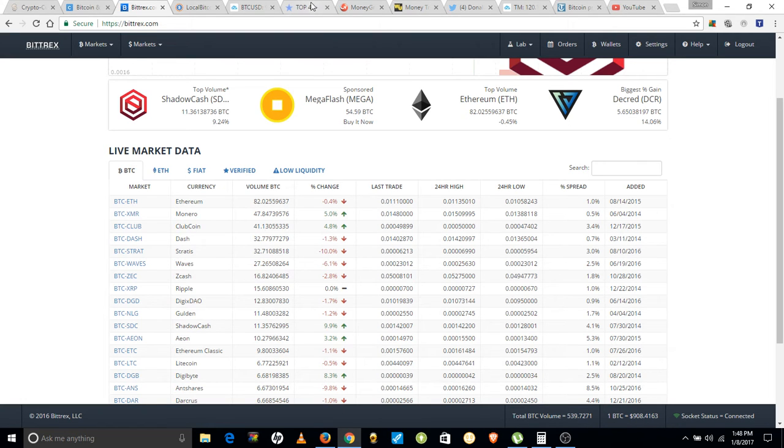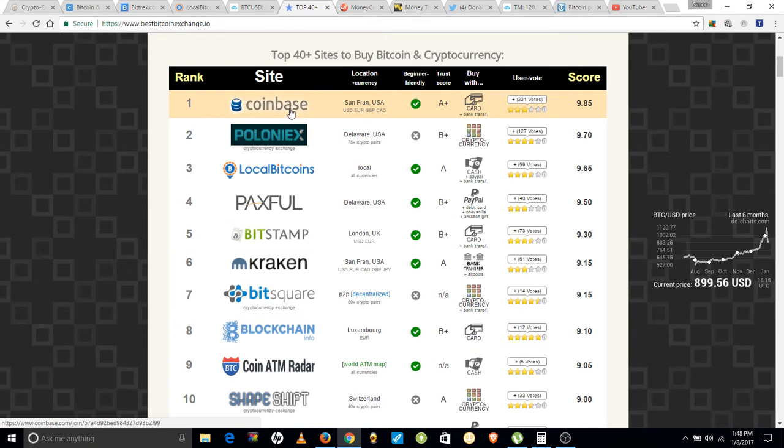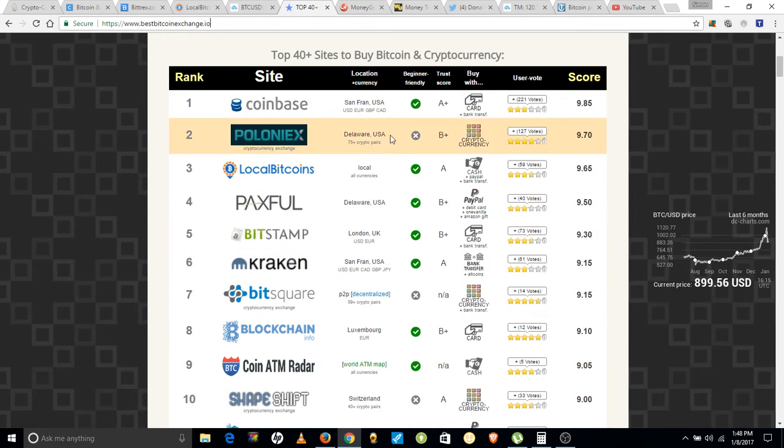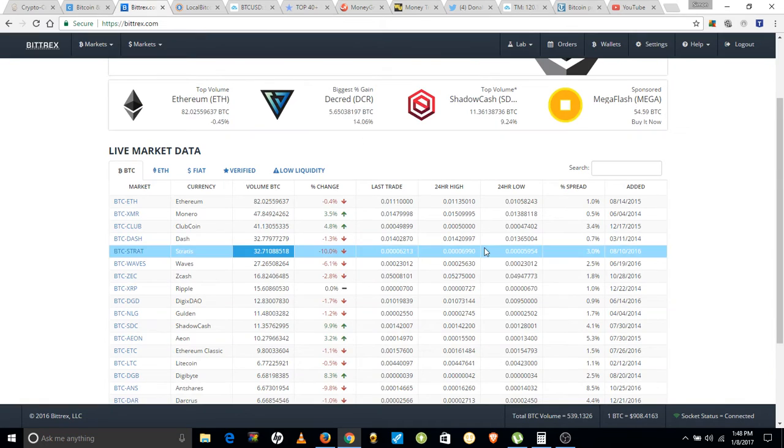Now you could also go to any of these exchanges and look for the lowest price you could get, from Coinbase to Poloniex to LocalBitcoins, Kraken. All of these sites are legit sites ranked over here, and then make your purchase at the lowest price you can, because if you buy it at the lowest price, you can sell it at a higher price at a different exchange. Let's say you buy one Bitcoin here, which is $908, and then you transfer your Bitcoin,